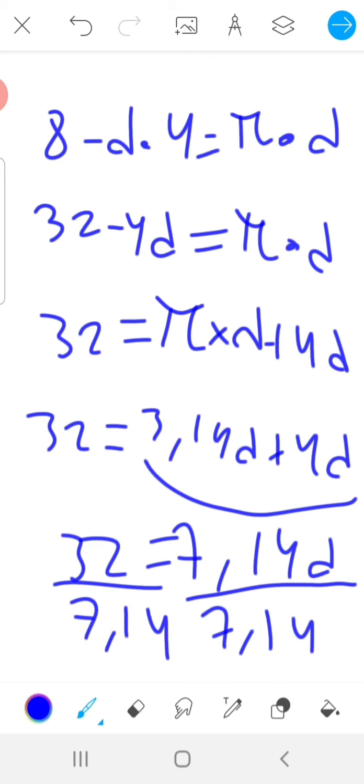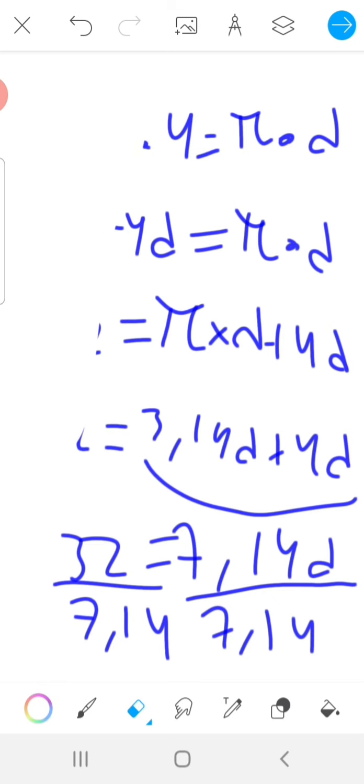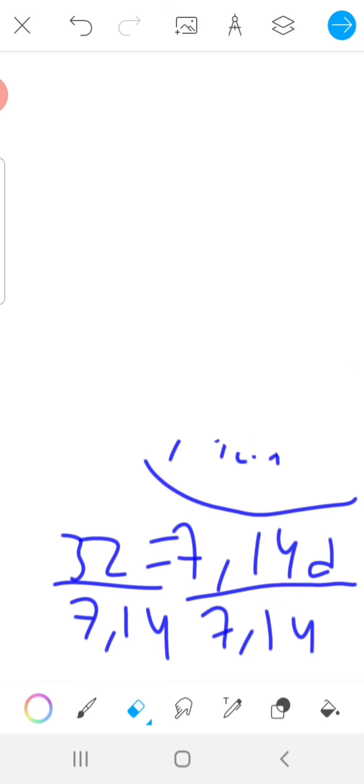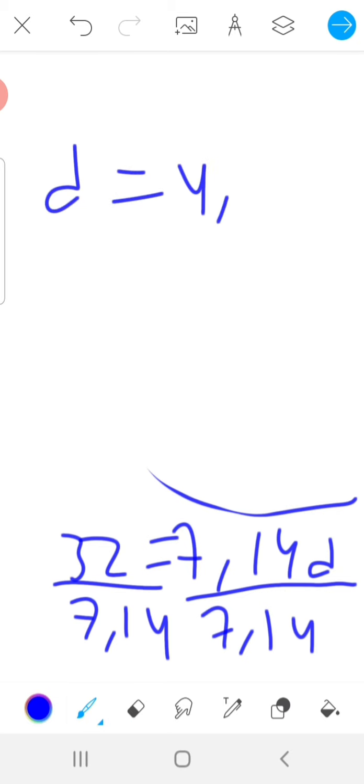You can basically use a calculator for this, but I've already worked it out, so I know that it is equal to about 4.48. So I'm gonna just erase the top here a little bit. Just write that down somewhere if you need to, remember it. So d is equal to 4.48,